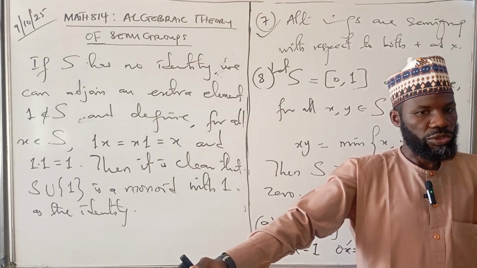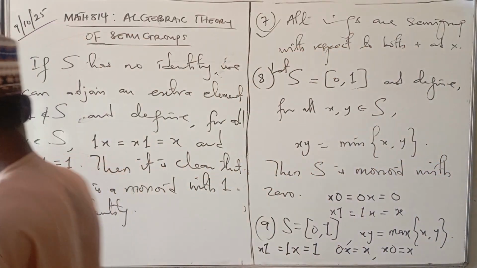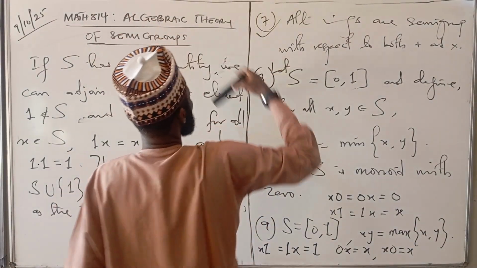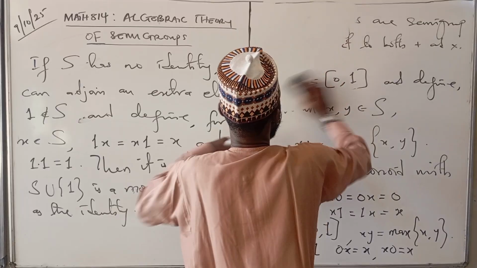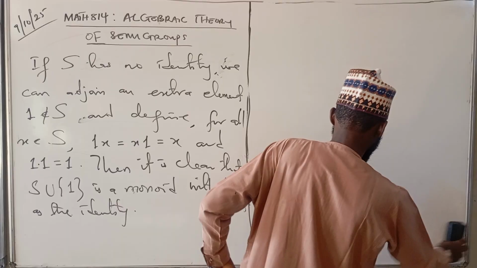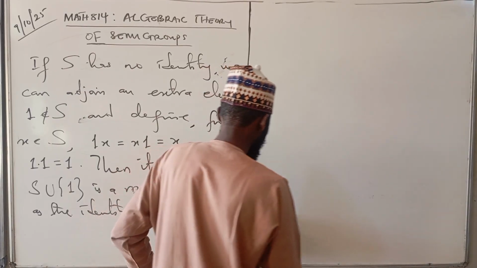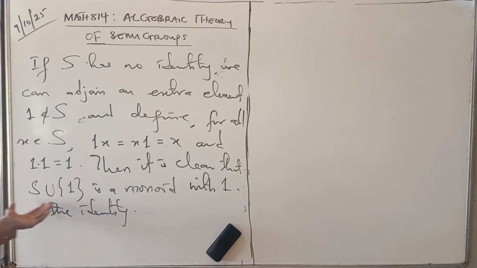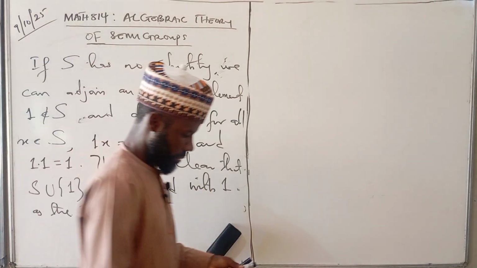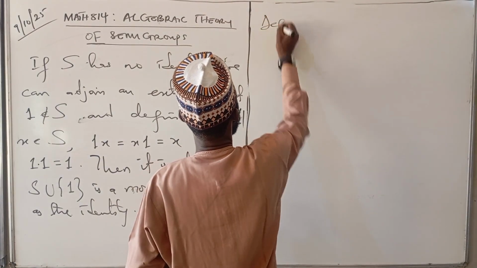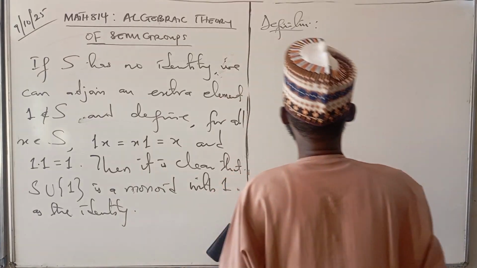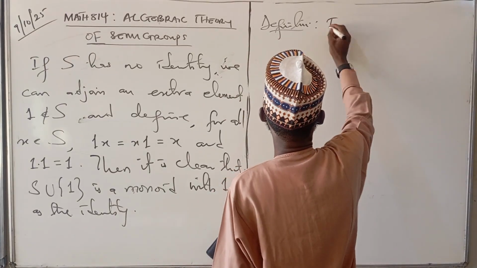So, which means it's always easy to introduce an identity element into the semigroup to get a monoid. And this is a very important exercise. It means whenever I require identity, I can just bring it in. Okay? And this brings us to the definition of what we call monoid with identity adjoined, if necessary. So, for any semigroup,